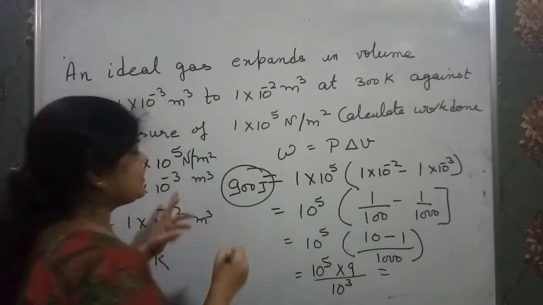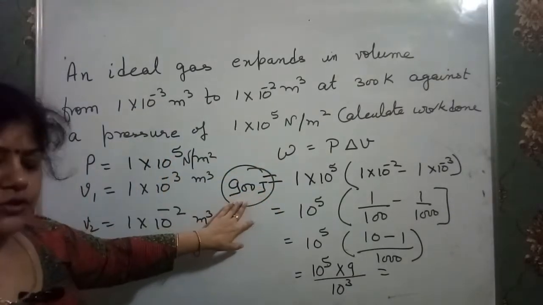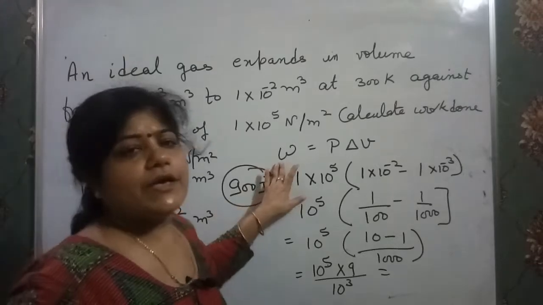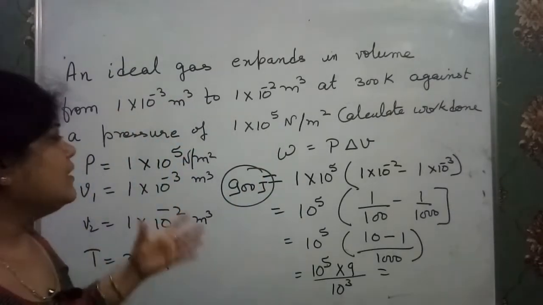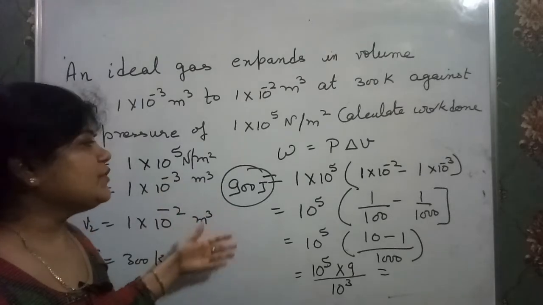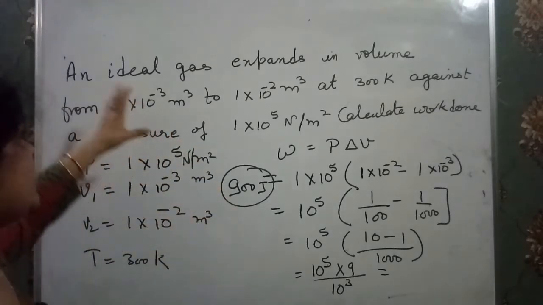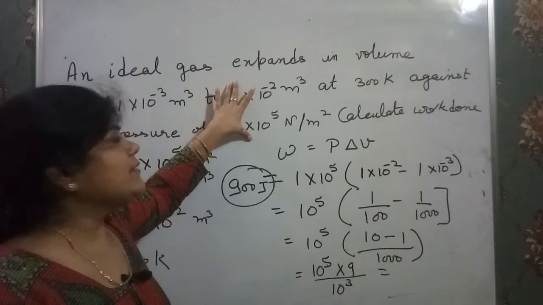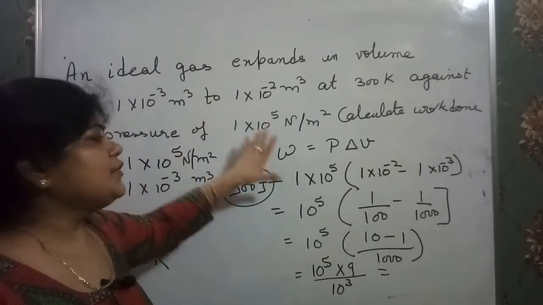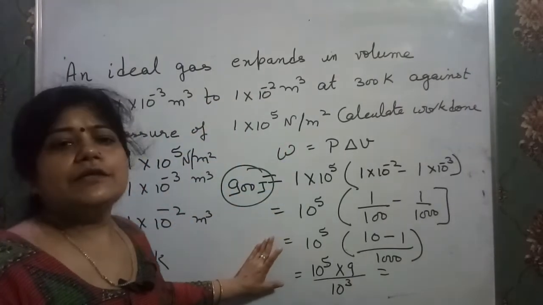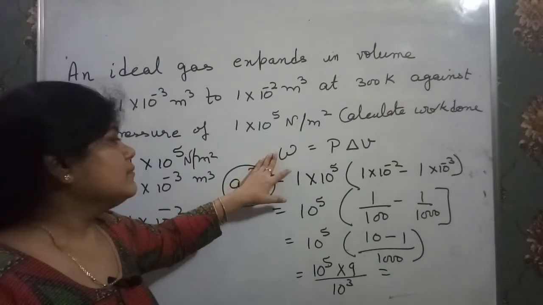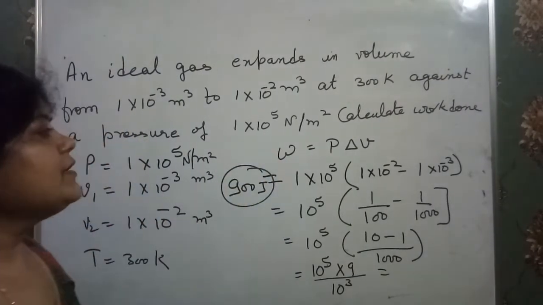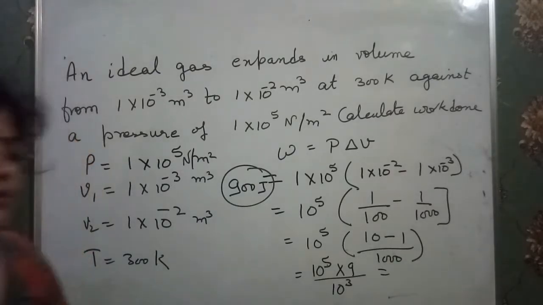When units are in Newton meter, the work done is in joules. So in this way we can find work done if different cases are given. With the help of each and every question, I am trying to explain this to you. When the variables in the question are different, you use different formulas, and in this way you can solve for the work done by the system in different conditions. Now the next question.